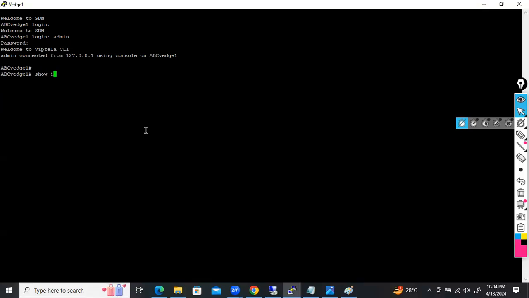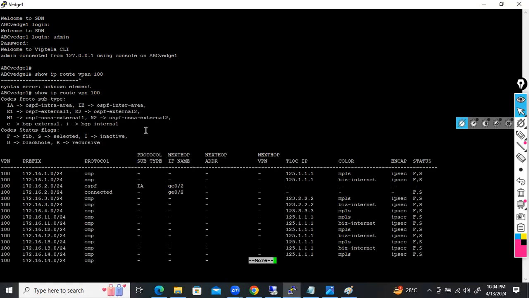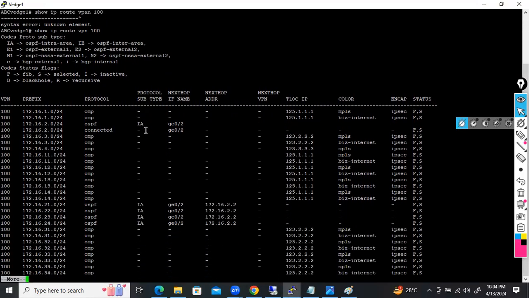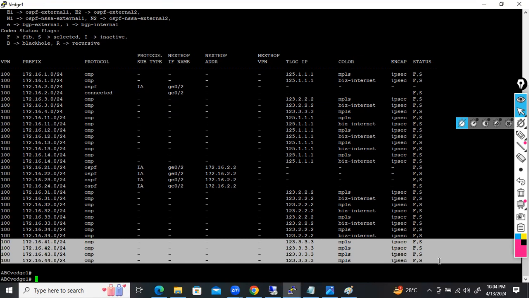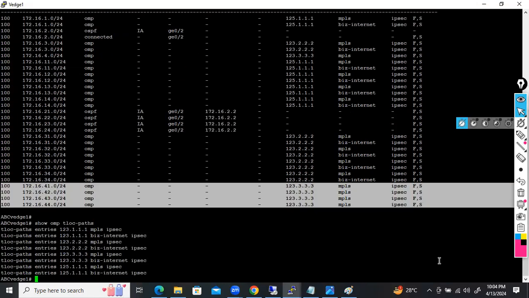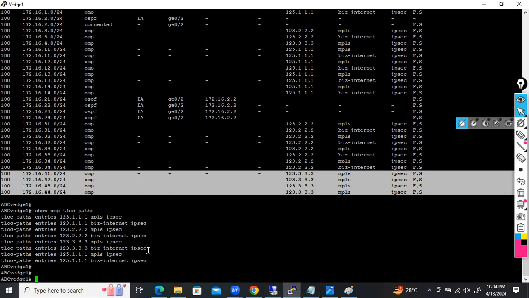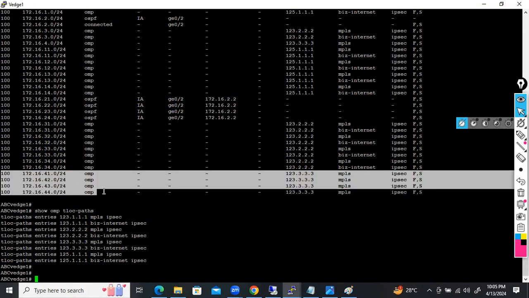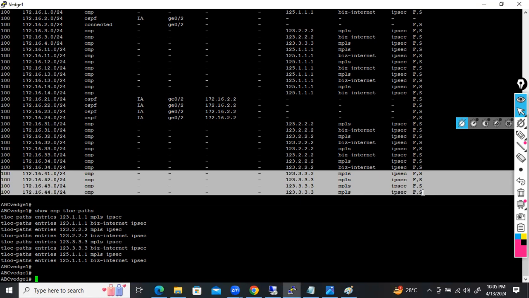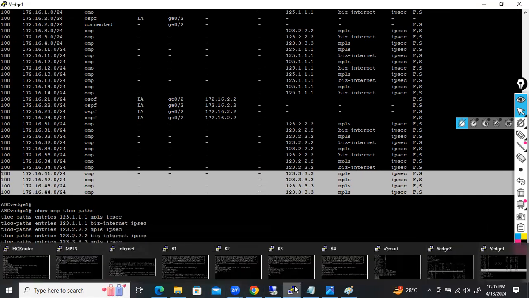So, show ip route vpn 100. Now you can see here only MPLS is there. So show omp tlocs path. The T-lock is there, but the route has changed, right? Hello? Can you see here now? Yes, only MPLS is there. Biz internet is not showing. If again I no shut it,